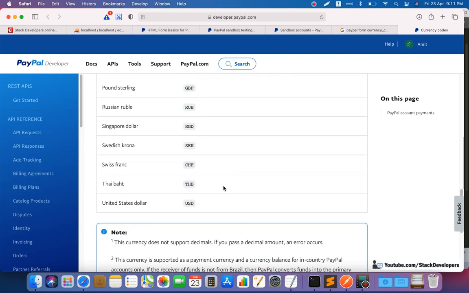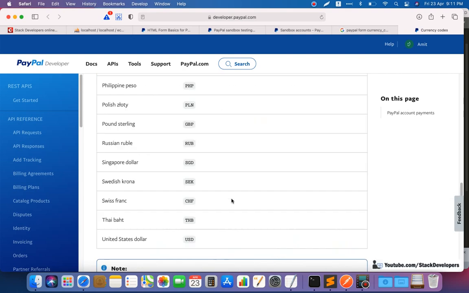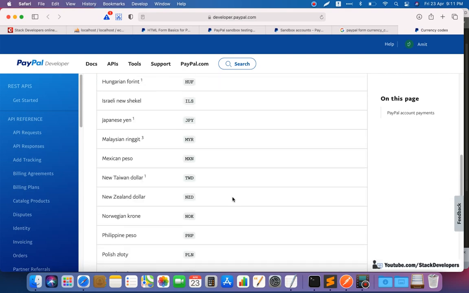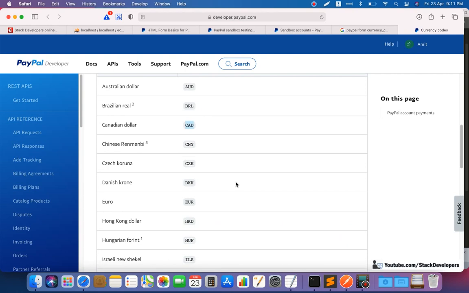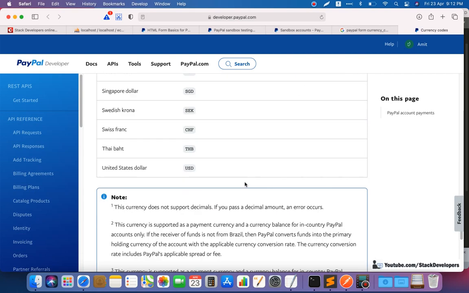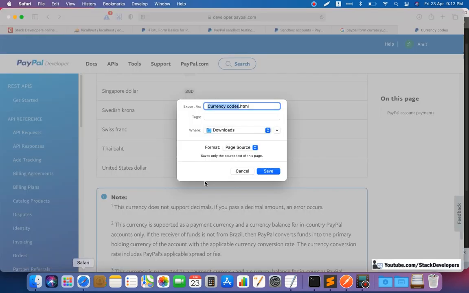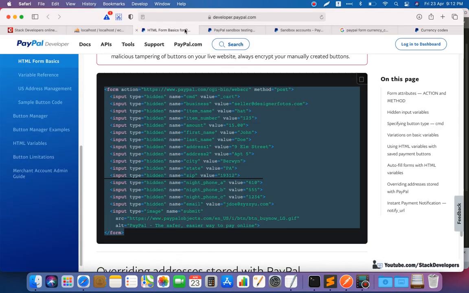If you are from United States, USD, and GBP you can add if you are from United Kingdom. Okay, so you can add your own currency, and if you don't have the currency here, then you can add the USD. Then you need to convert your price to USD with the simple formula, and you can use that. Okay, so I am using the INR. You can use the USD global currency because USD is global. Okay, so cancel this one, this is not required.